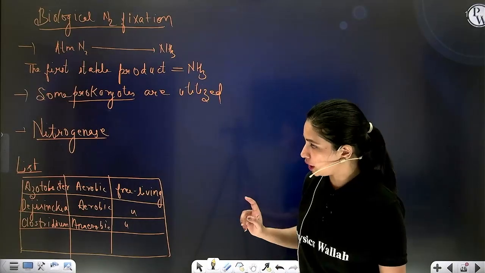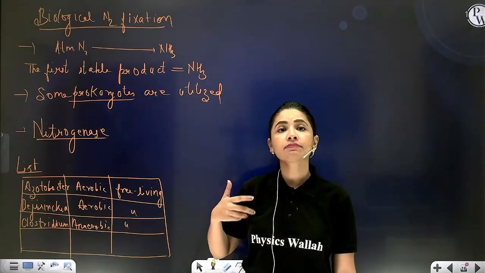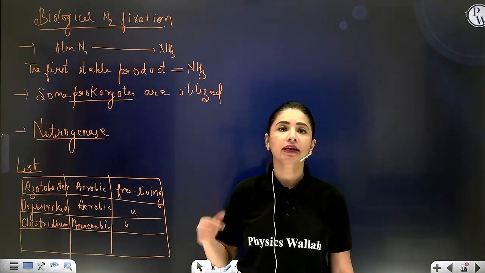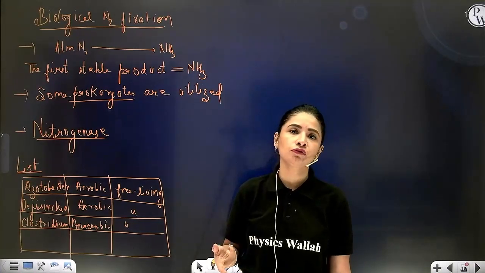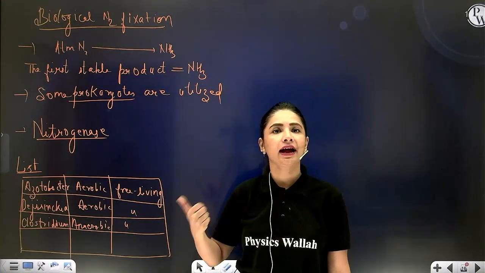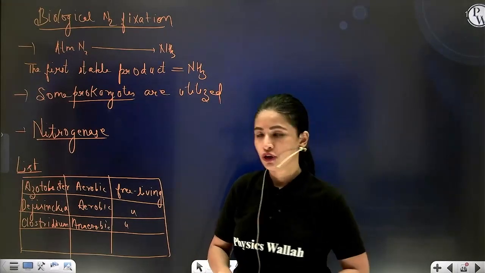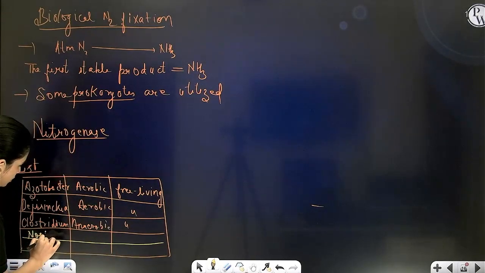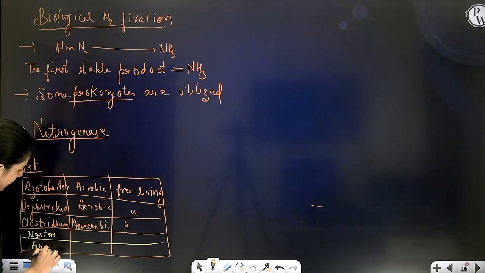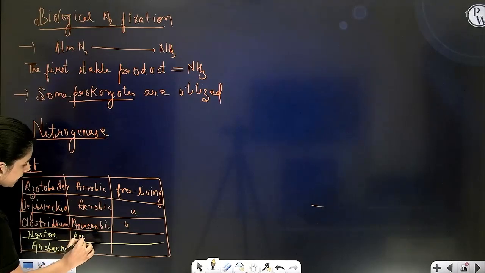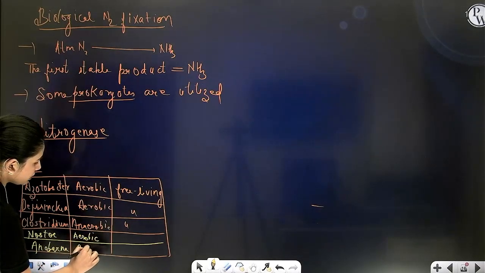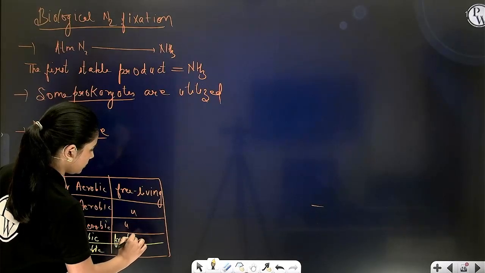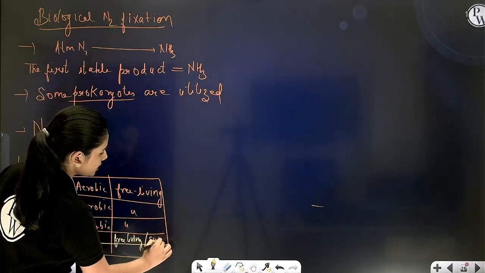Correct? Okay. Fourth now. Apart from these examples, there are some cyanobacteria also. These are eubacteria. There are some cyanobacteria like Nostoc and Anabaena which can also perform nitrogen fixation both in free living state and in symbiotic state. So next is some cyanobacteria, blue-green algae like Nostoc and Anabaena. They are aerobic organisms. They can also perform photosynthesis, oxygenic photosynthesis, and they can fix nitrogen both in free living as well as symbiotic,